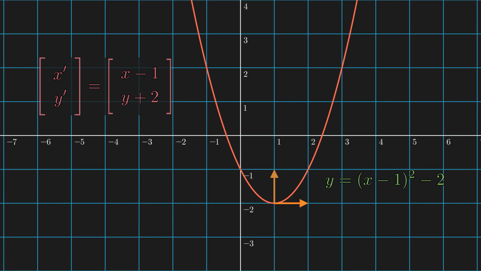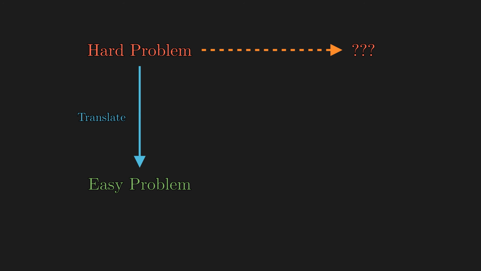You may not have realized it, but we just unlocked one of the most powerful tools in mathematics. Suppose we have a hard problem, which could range from mildly annoying to provably unsolvable unless we introduce a completely new framework. If we can find a way to turn the hard problem into an easier one, then we could